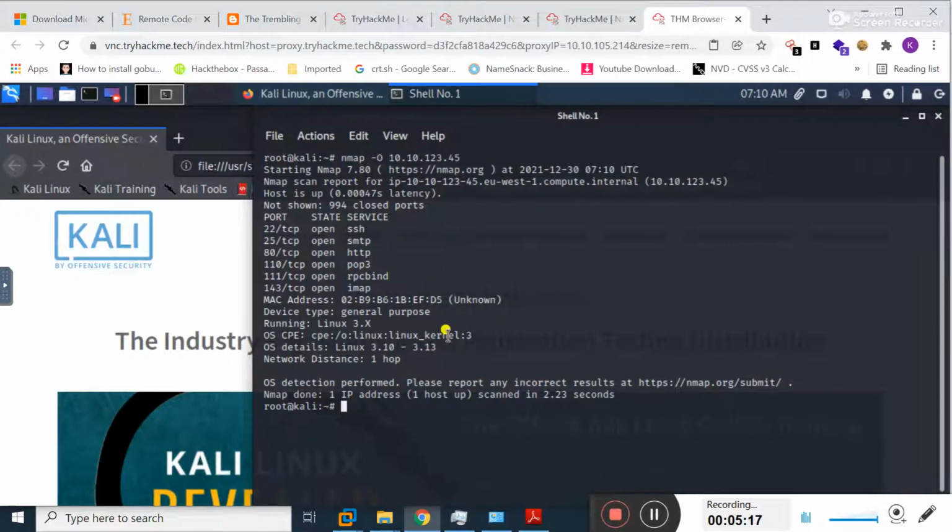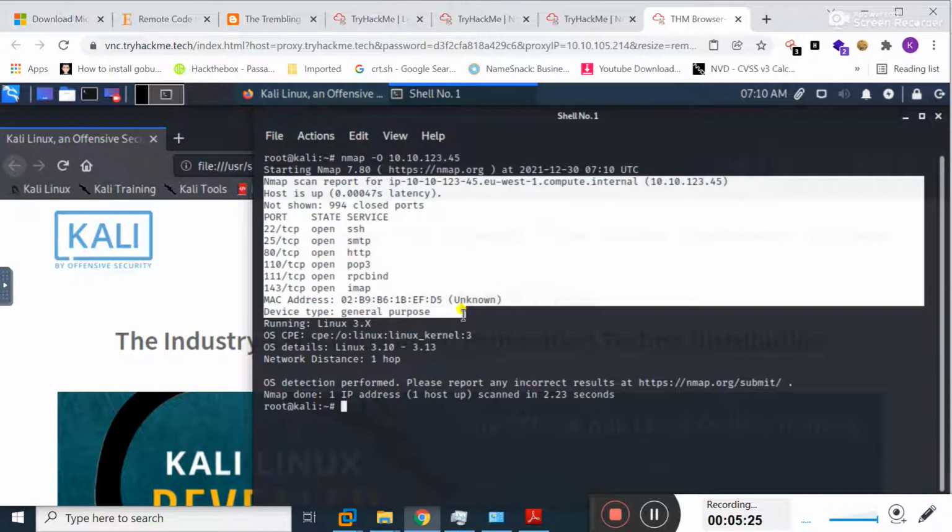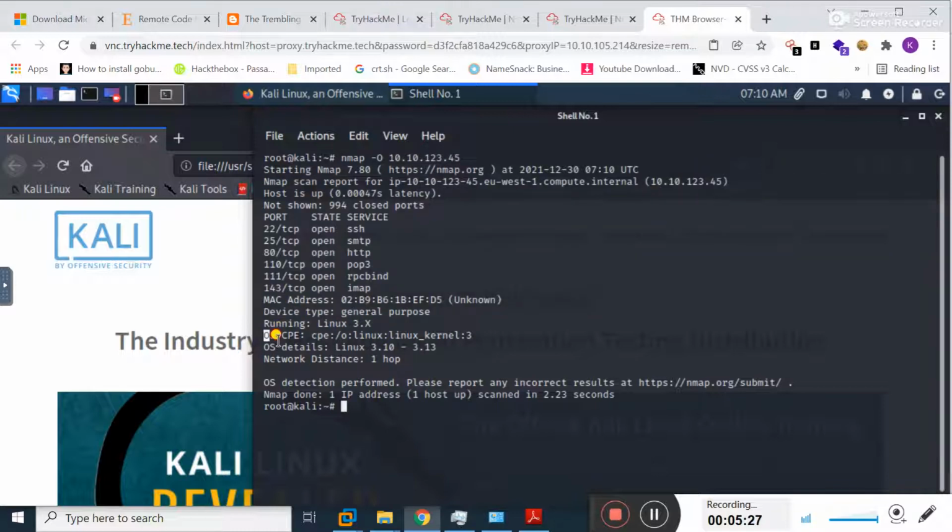Okay, guys, here you can see when I use this nmap script, the result is presented to me. Some ports of this target machine are open here, and right now the OS detection is presented to me, that is, the Linux operating system is used here. So this is the way you can perform OS detection by using nmap. You can simply use the -O switch in order to perform OS detection.